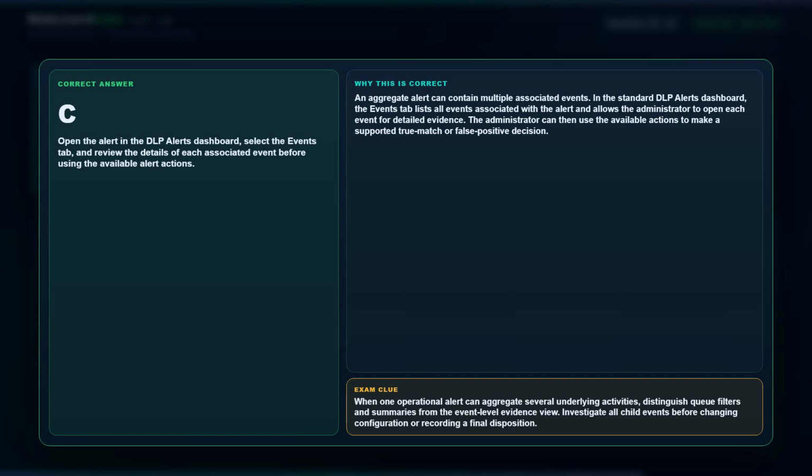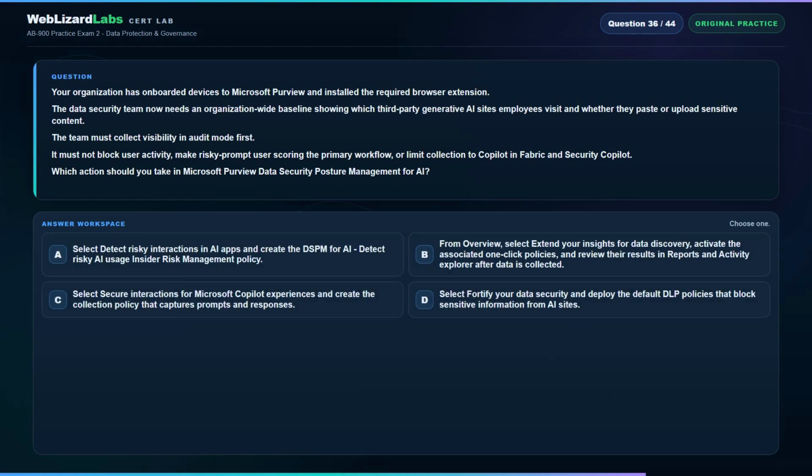Exam clue. When one operational alert can aggregate several underlying activities, distinguish queue filters and summaries from the event-level evidence view. Investigate all child events before changing configuration or recording a final disposition. Question 36. Your organization has